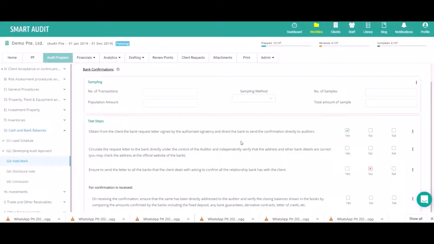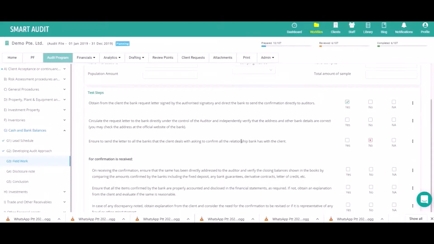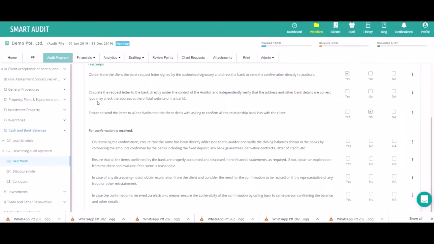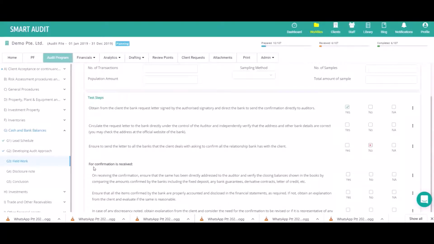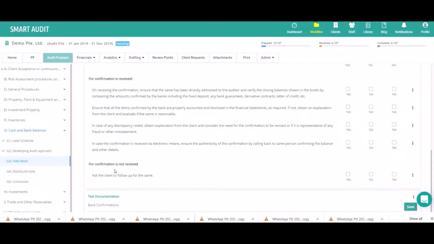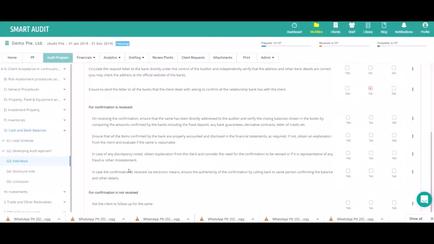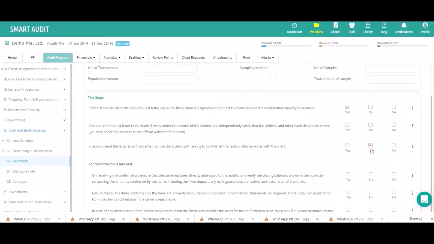Now here we have the steps that can be followed to perform the audit test, along with the possible scenarios, for example if the balance is confirmed or if the balance is not confirmed. You can take what's applicable, what's not applicable or not done.